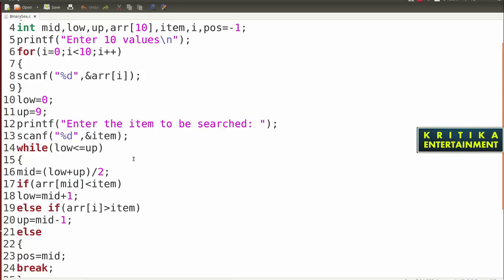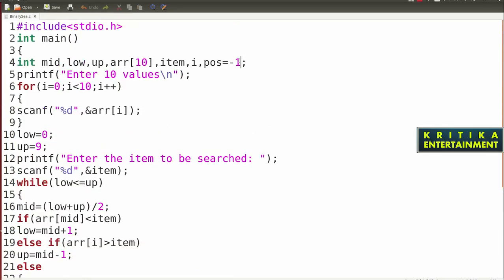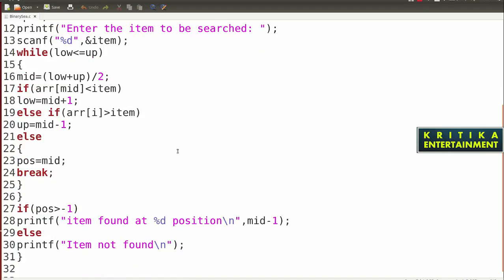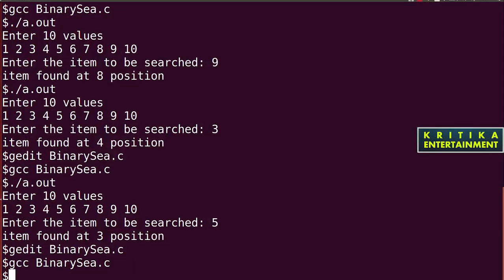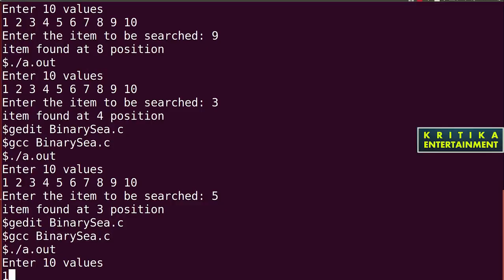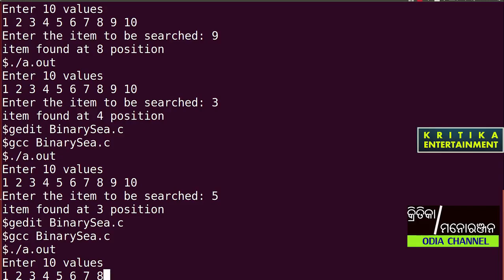Then if position greater than 0. So here you do one thing. Sorry, you will type your position. You type your position. 1, 2, 3, 4, 5, 6, 7, 8, 9, 10.